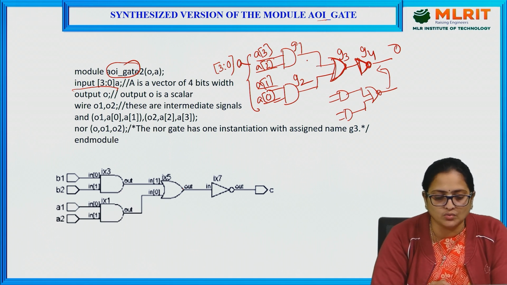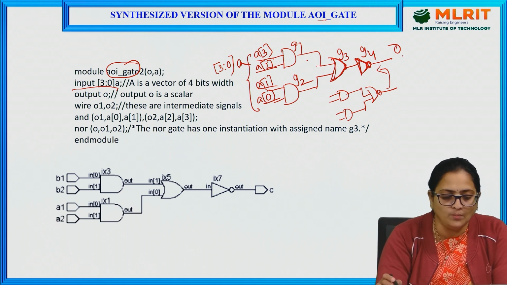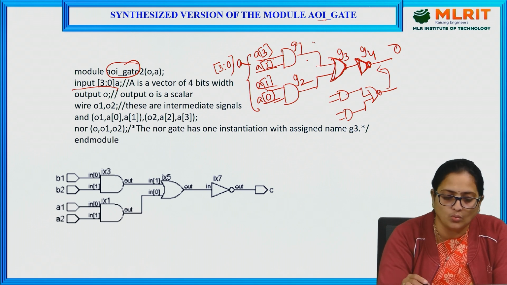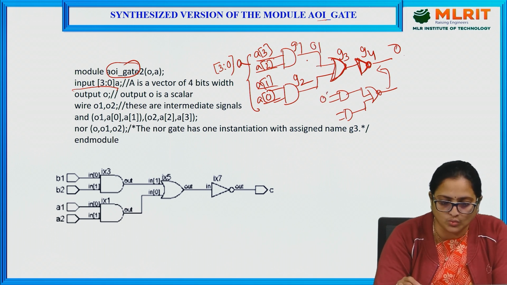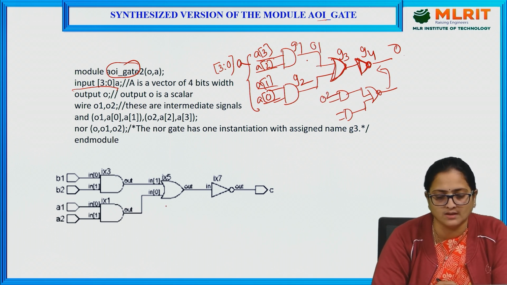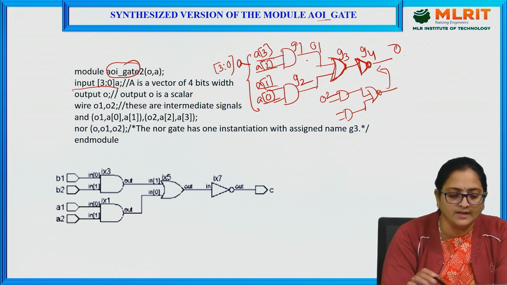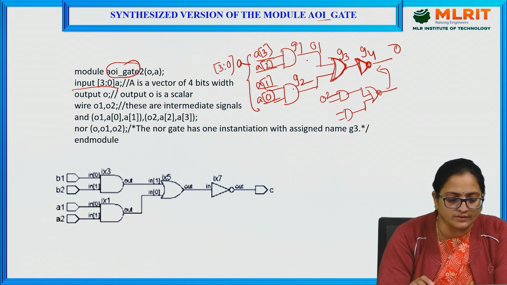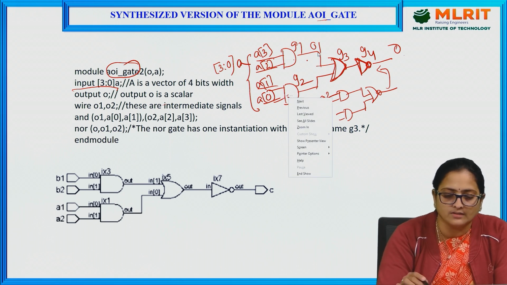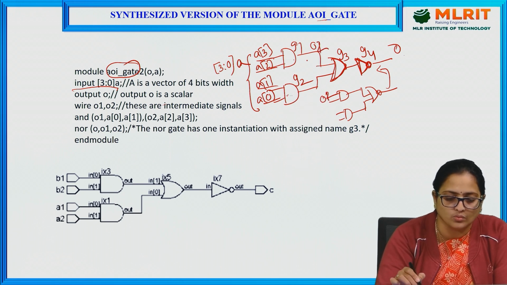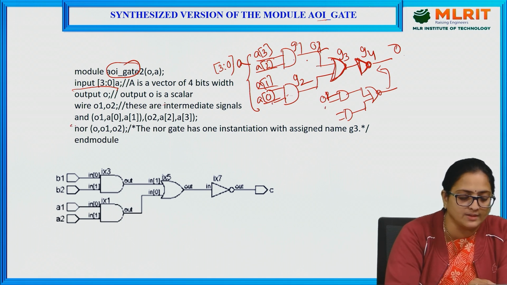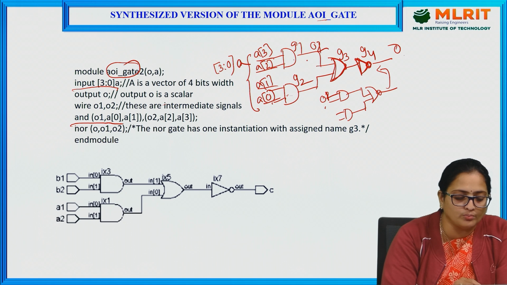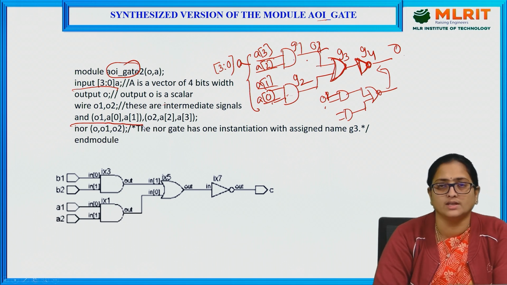And we need to use an output O, then wires O1 and O2 can also be used as wires. See here, the output O1. Here they have written first for this A2, that is AND, this is O2 and this is O1. AND is a primitive, O1 is the output, A of 0, A of 1 are the inputs.